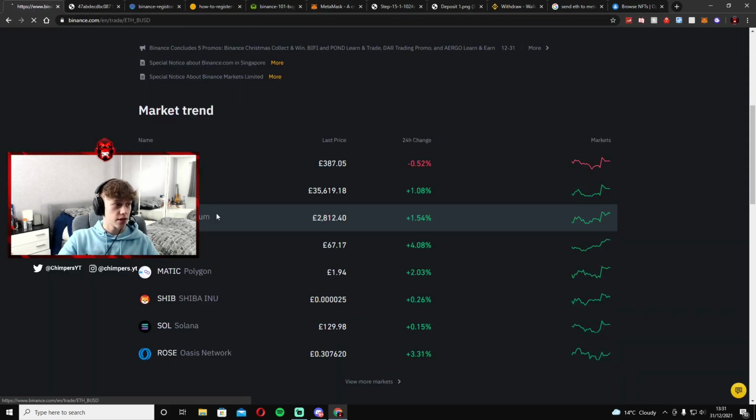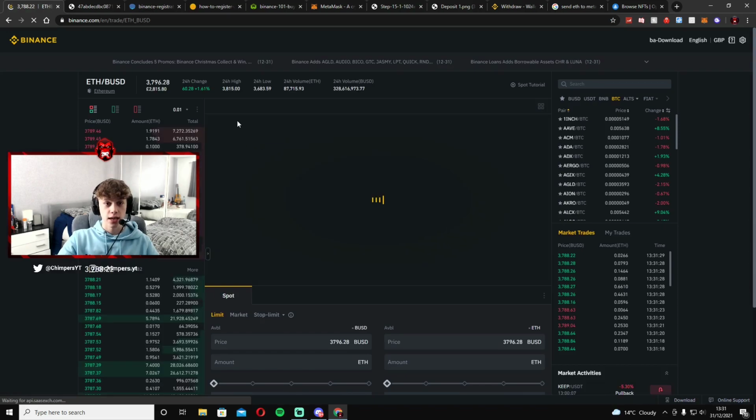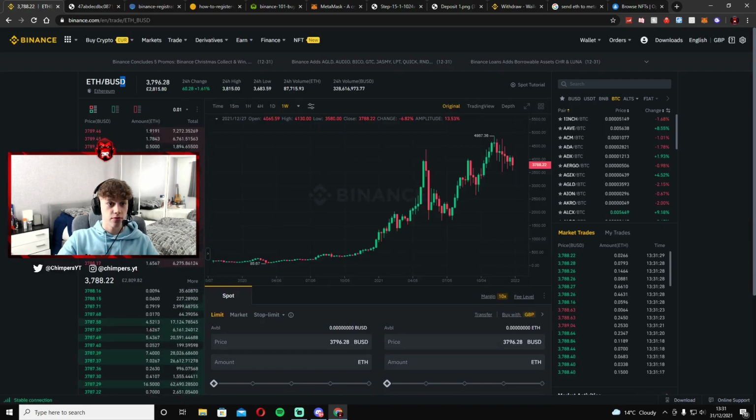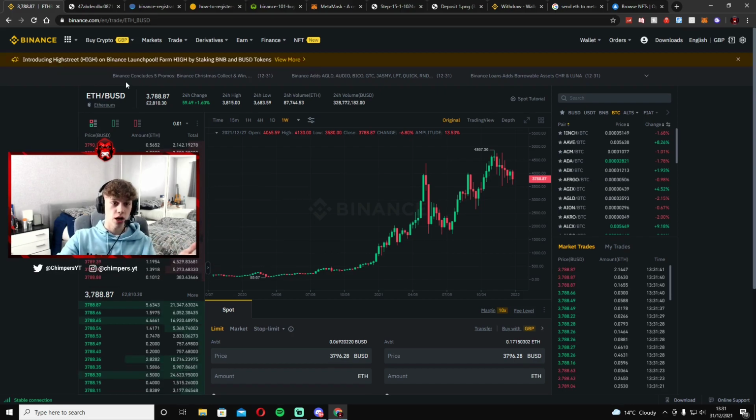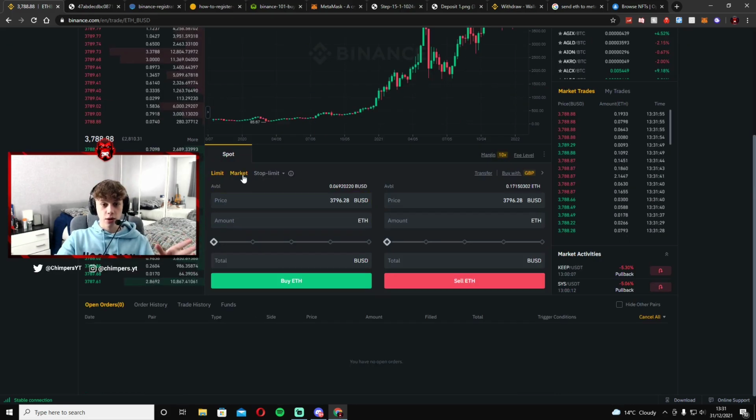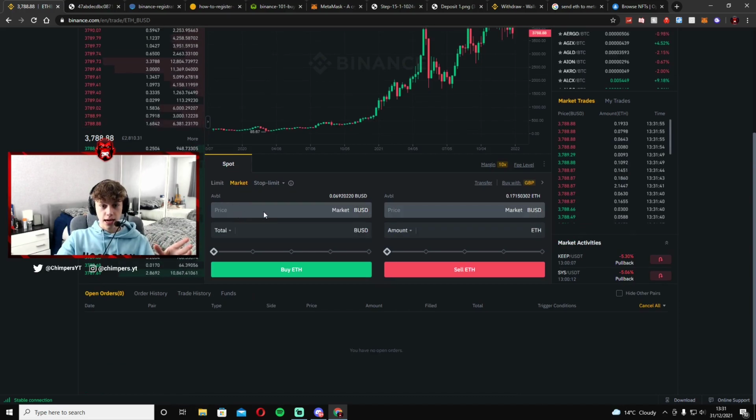You'll scroll down to Ethereum. Obviously, make sure that the Ethereum is used with Great British Pounds. Here it says BUSD, so you actually have to have BUSD currency to buy this Ethereum. But you can go and find the one Ethereum where it's Great British Pounds. And then when you're on the ETH, you go over to the market. You click the market here, and then obviously the price is already at the market. You put in how much BUSD or dollars or pounds that you've got in. You can obviously click this here to put the max that I've actually got, and then all you gotta do